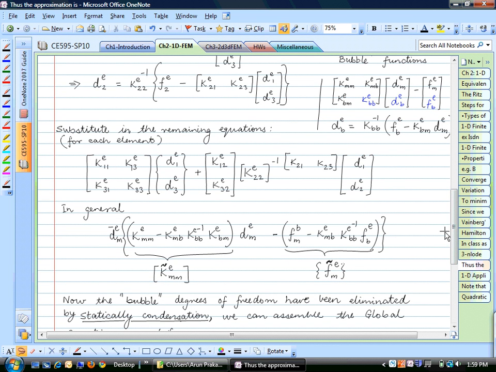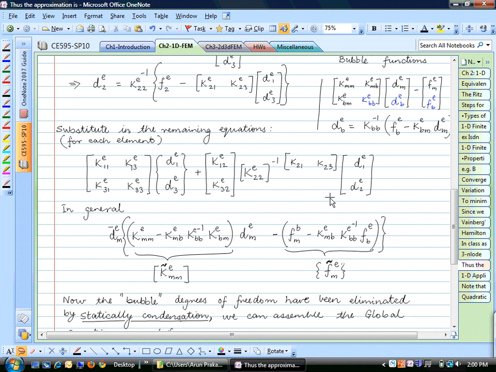This is a very interesting process. You might have heard of enriched finite elements. So people try to add these kinds of bubbles, and just so that the cost of the total solution does not increase, you can eliminate those local degrees of freedom using this static condensation. So in general,